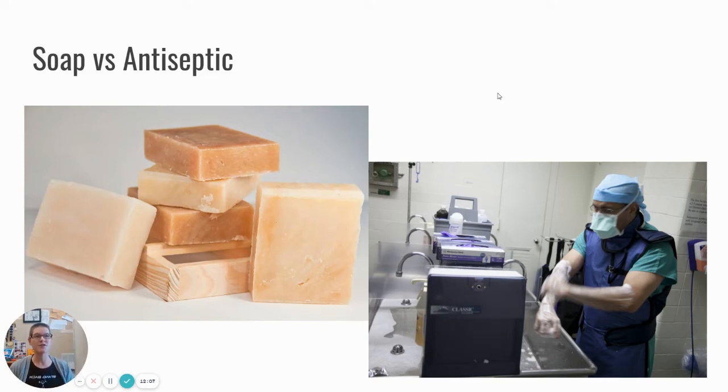So speaking of that kind of thing, let's talk about some of the different things we use to clean ourselves, like soaps versus antiseptics. So now soap is not an antiseptic. It is what is called a surfactant. The surfactant changes the way water and surfaces interact in such a manner typically to not allow things to stick to them. So if you think about soap, the idea is that it unsticks things from places,